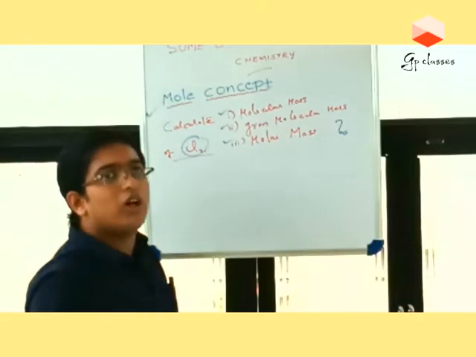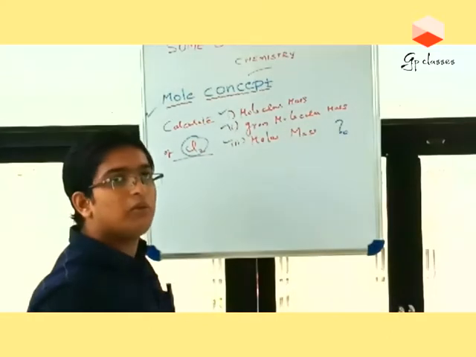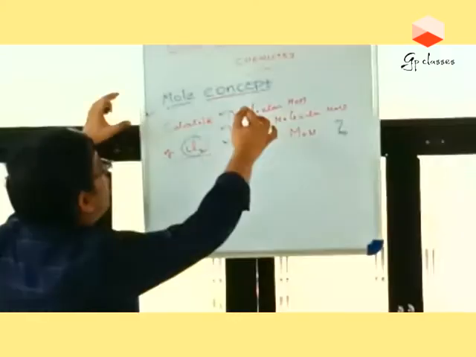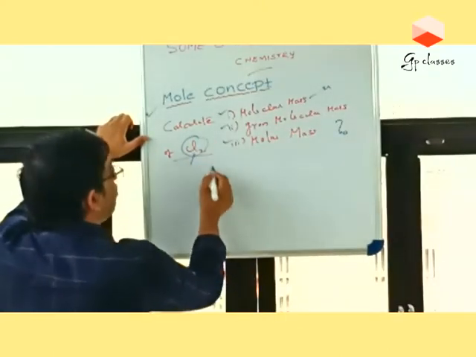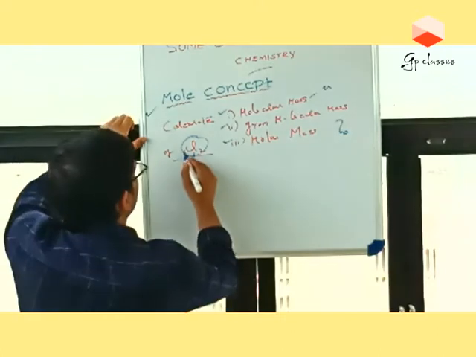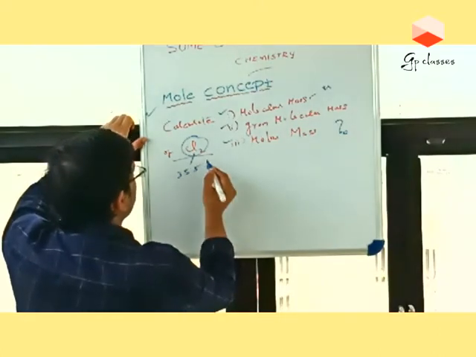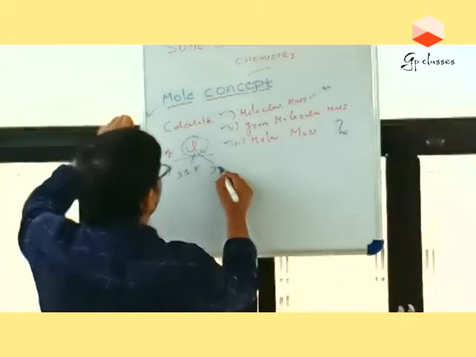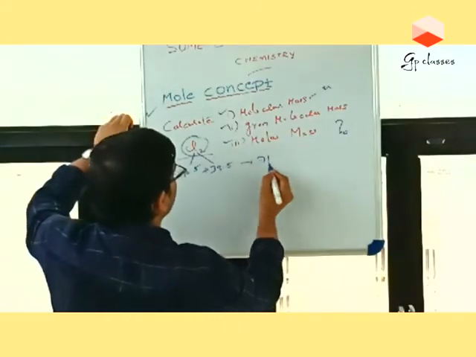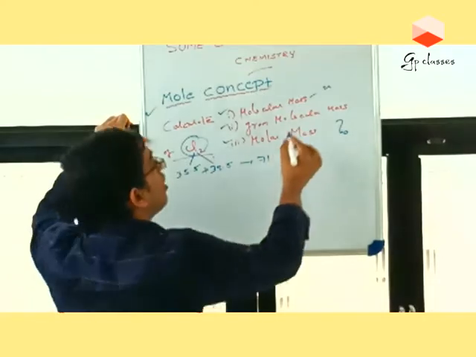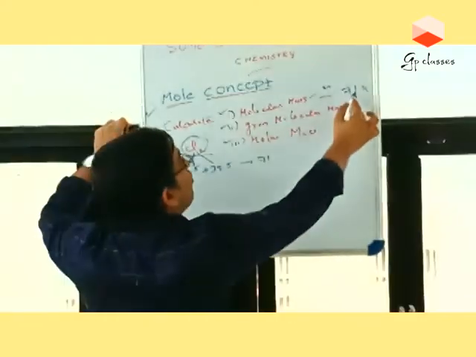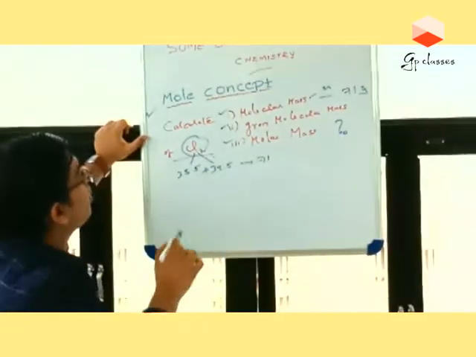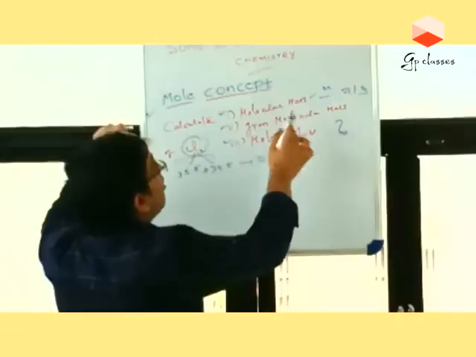So let us look at how the answers will be. Will the units be the same? Let us look. What about the molecular mass? We say molecular mass must be in the unit U. So molecular mass is the mass of 2 chlorine atoms. The mass of a single chlorine atom is 35.5 basically. So it is 35.5 plus 35.5, which is actually 71. So for the first question, molecular mass will be 71 U. It should be in the unified mass unit. So it is 71 U.